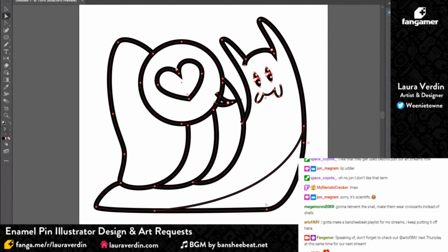Take all my lines, and sometimes you can wait to do this, sometimes you do it right away. I usually do it right away because I like being able to adjust things. So you go to outline stroke and it turns everything into like fills instead of paths. And you can edit, they're still all separate though, so you can edit them separately. So I'm going to erase there. I'm going to select this one